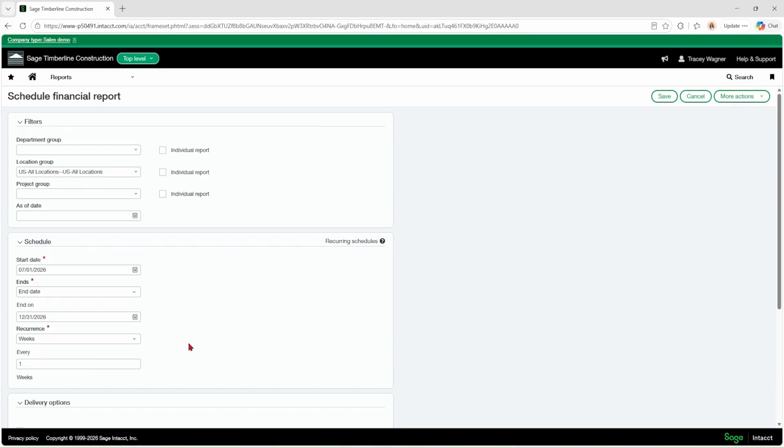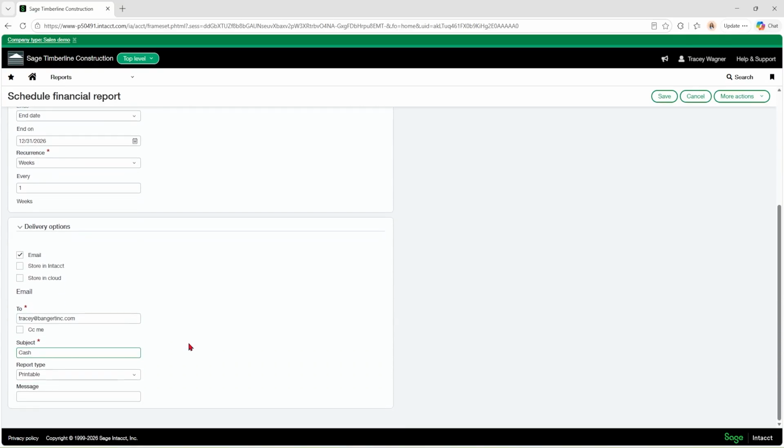What was this? Cash balance weekly. And then you're going to want to tell it what type of report you want. Do you want an Excel, HTML, printable, which is PDF, and then any message that you might want to have in the body of the email.